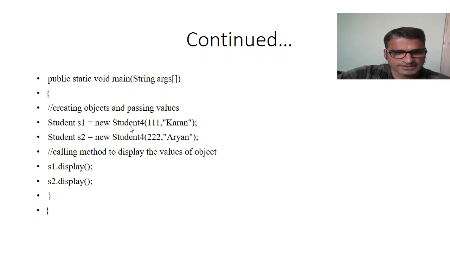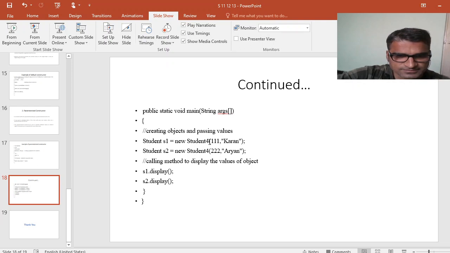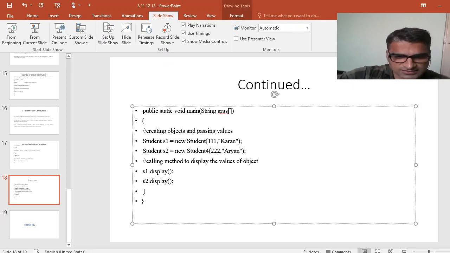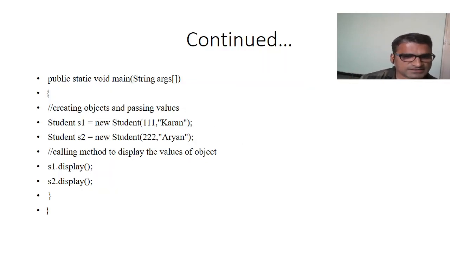One second, a small correction is needed. The class name is student. I have made some changes for typing mistakes. So once I create a main function, when I use this class name in order to create an instance object and call the new keyword, at that time one constructor will be called. When the constructor is called, 111 is passed to the id object of the class and the name as Karan.